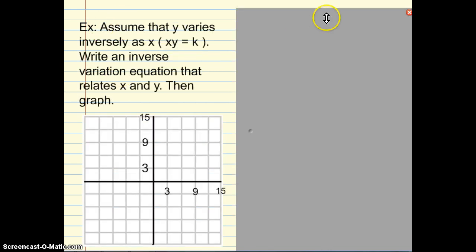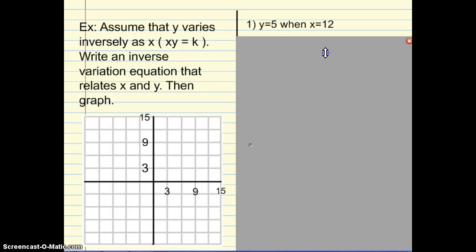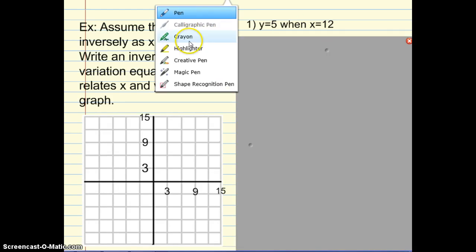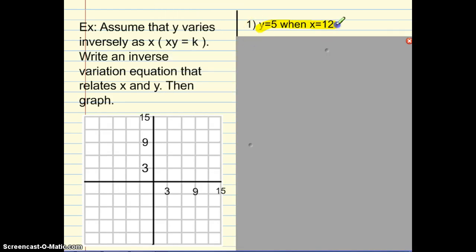Okay. We are going to assume that y varies inversely as x, so our xy equals k. We're going to write an inverse variation equation that relates x and y, and then we're going to graph. So the problem's actually going to look like this. Y is 5 when x is 12. And what we're going to do